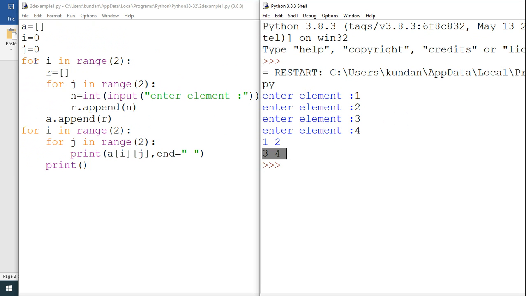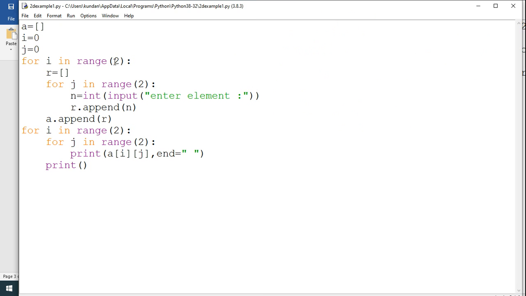Here in the first loop we execute our loop from 0 to 2, and also in the second loop 0 to 2.